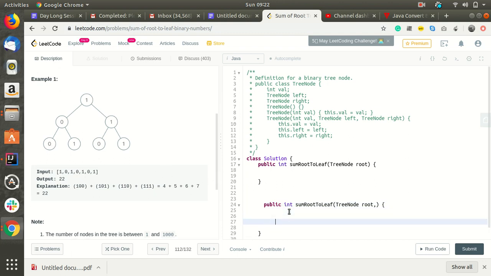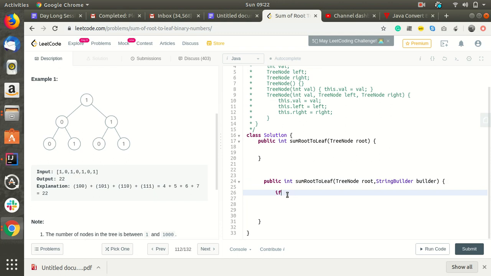So basically, if root dot left equals null and root dot right equals null, then we'll append the value of the last root node, builder dot append root dot val, and then we'll return Integer dot parse int.